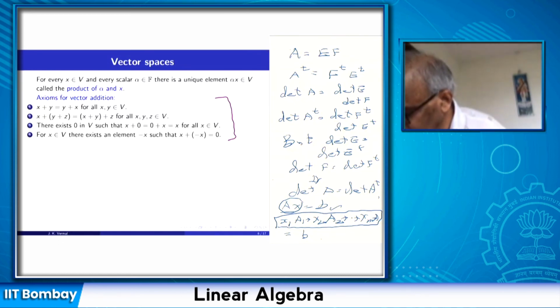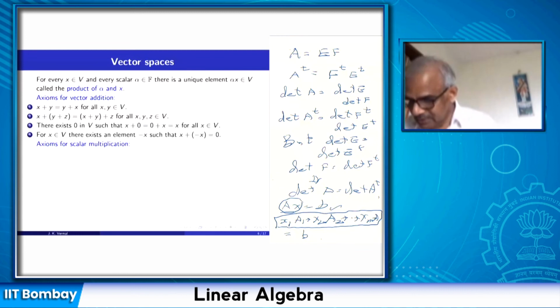So I have to first introduce this zero element so that I can talk about additive inverse, because additive inverse involves the zero element. Then these are two structural properties, that addition is commutative, addition is associative. So these are the four axioms for vector addition. Then we have similar axioms for scalar multiplication. So first is the associativity: alpha times beta x is alpha beta times x. This is the scalar product of a scalar and a vector. x is a vector and alpha, beta are scalars. Then alpha times beta x is the same as alpha beta times x.